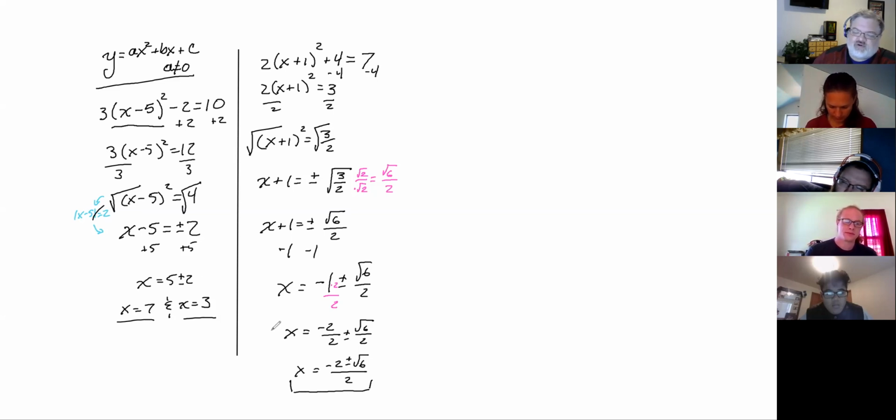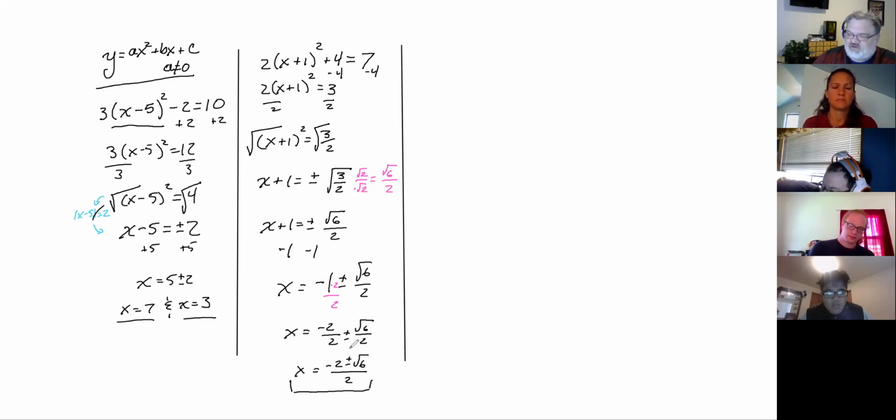So, okay, that one was a little bit uglier than 7 and 3, but a lot of our answers are going to be ugly. It turns out in the world that there are vastly more irrational numbers. That square root of 6 is not a perfect square, so those numbers are irrational. And there are a lot more irrational numbers than rational numbers. So in lots of practical applications, you expect irrational numbers all the time.